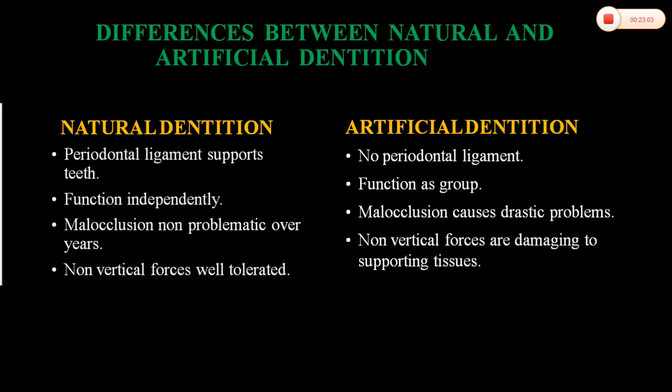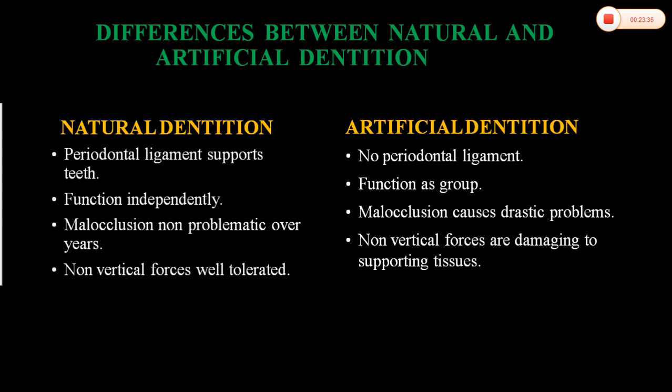So as we have already seen, the masticatory load or any kind of forces onto the denture will be transmitted to the underlying supporting tissue such as mucosa or the alveolar bone. So we have to minimize the masticatory load onto the denture base such that the load transmitted to the underlying tissues also will be reduced, thereby the trauma also can be reduced. So these points you have to remember.